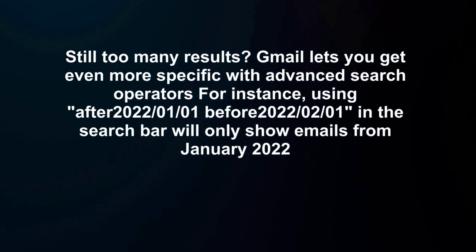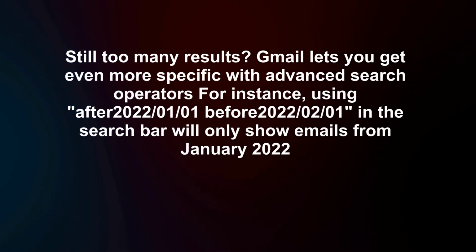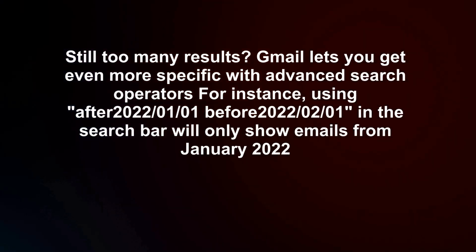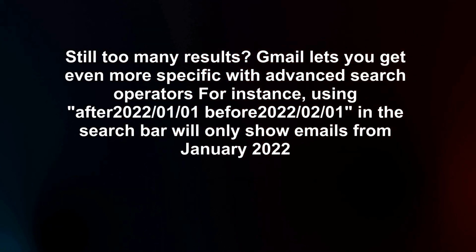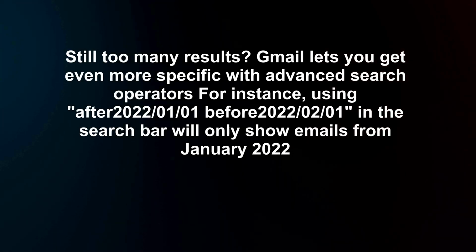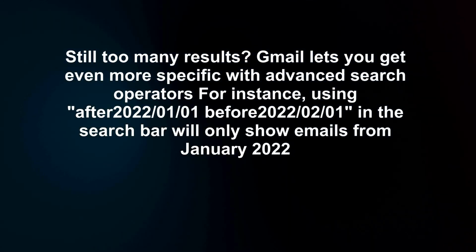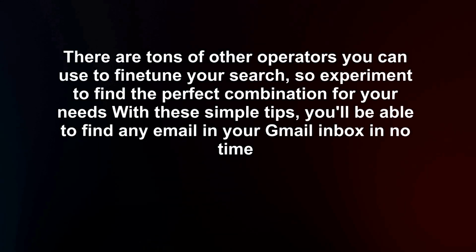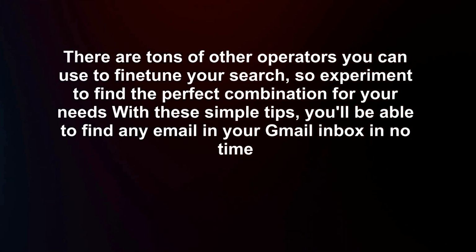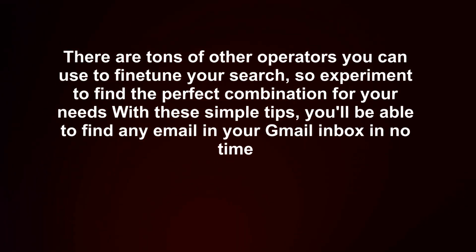Still too many results? Gmail lets you get even more specific with advanced search operators. For instance, using after the 1st of January 2022 before the 1st of February 2022 in the search bar will only show emails from January 2022. There are tons of other operators you can use to fine-tune your search, so experiment to find the perfect combination